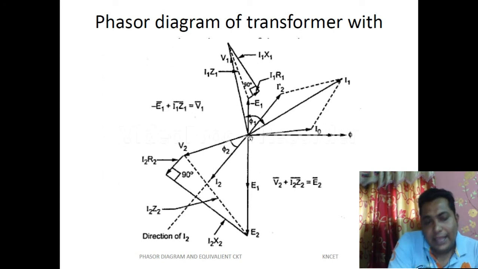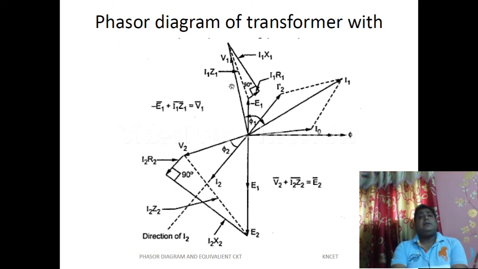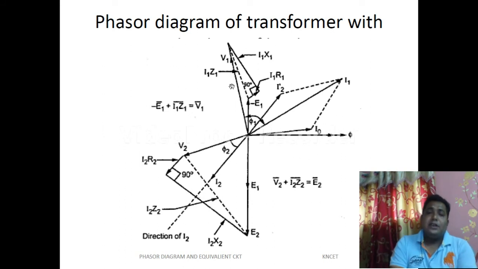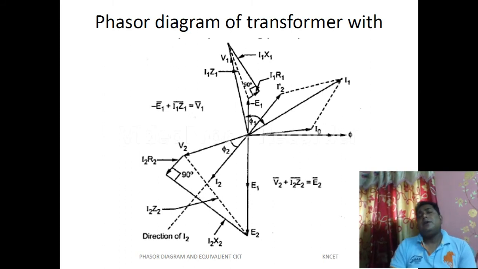So again the same method we have followed, as it is a leading power factor. From I2, V2 is leading, and over the V2 we have drawn the secondary voltage component I2 R2 parallel to this I2, and then we have drawn this line. See there is a 90 angle we have drawn, and the primary side will remain the same. Okay, so these are the three types of phasor diagram, very important for your syllabus and for your understanding.